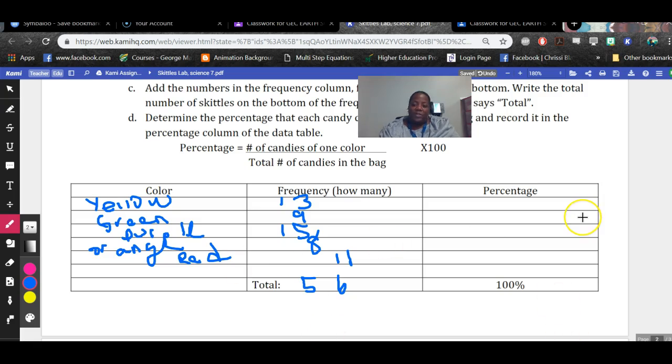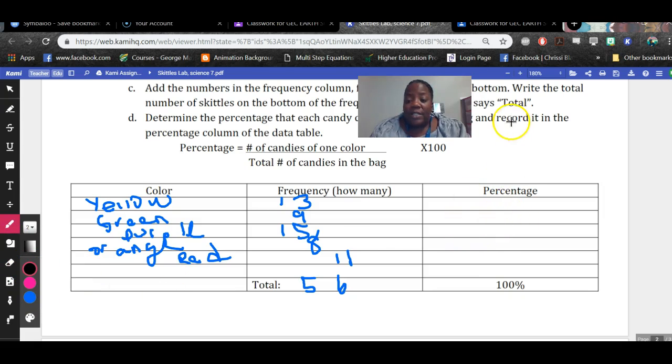Now, with this information, we can figure out the percentage of these Skittles, right? And remember, during class, except period 2, my afternoon class, we just left it here, right? Remember, you do not have to do this part unless you want to and be able to come to class prepared tomorrow and have it done anyway. Okay, so now